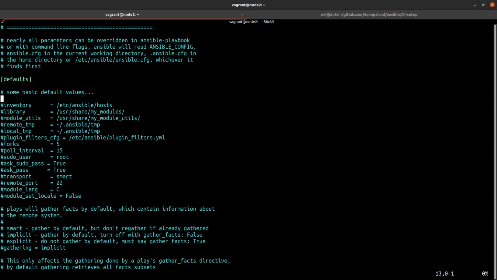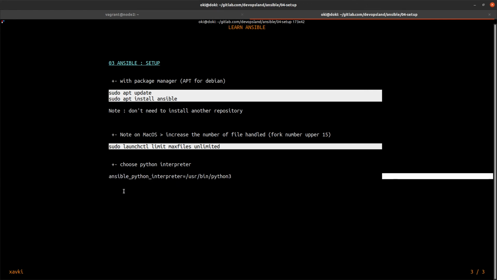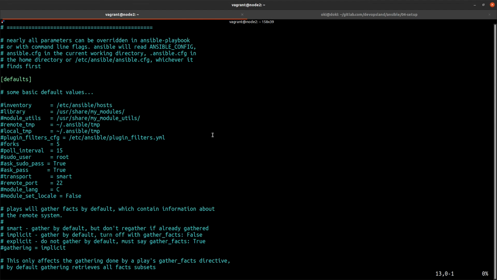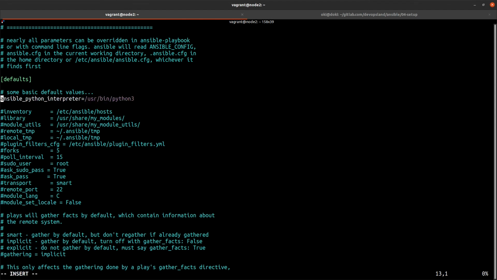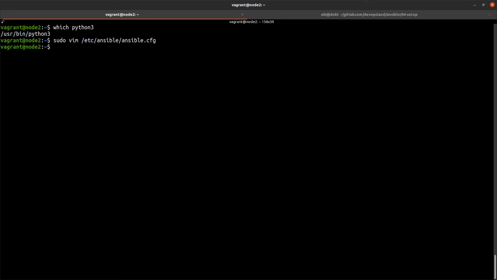You could add this line in this file like this, and you can specify the directory /usr/bin/python3 like this.